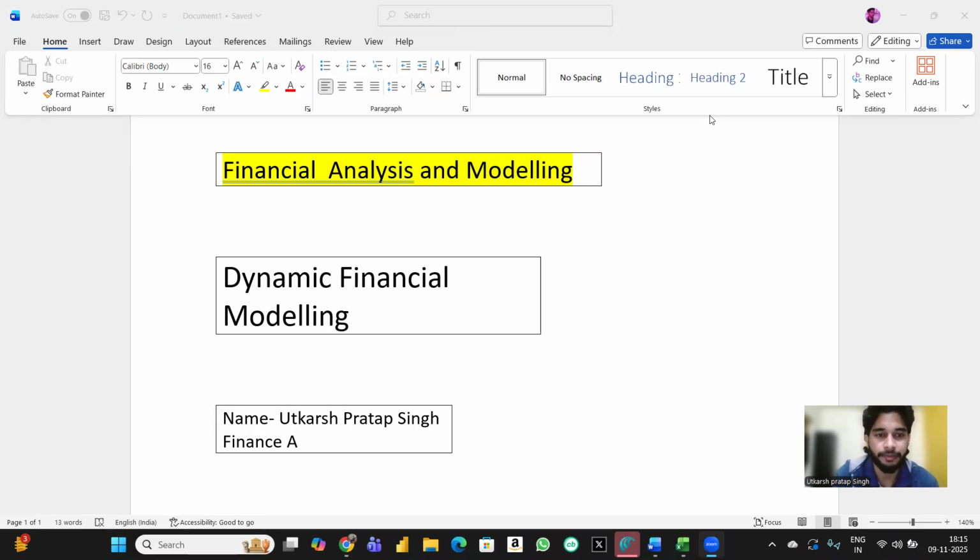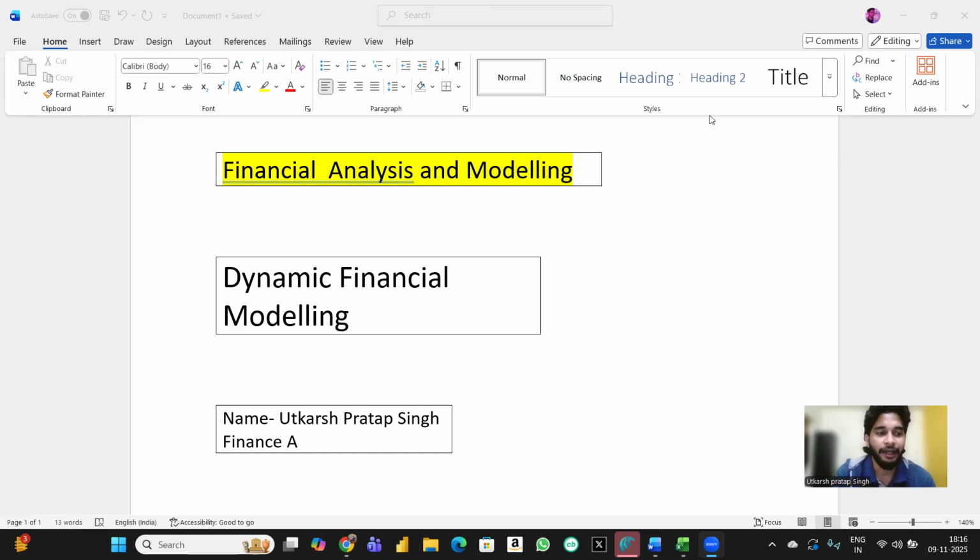My name is Utkarsh Pratap Singh, and I am going to share my views on how to do dynamic financial modeling using Excel. Financial analysis and modeling play a crucial role in understanding a company's performance and financial health. It involves evaluating financial statements, identifying trends, and using various tools to make informed business decisions. Among these tools, ratio analysis is one of the best